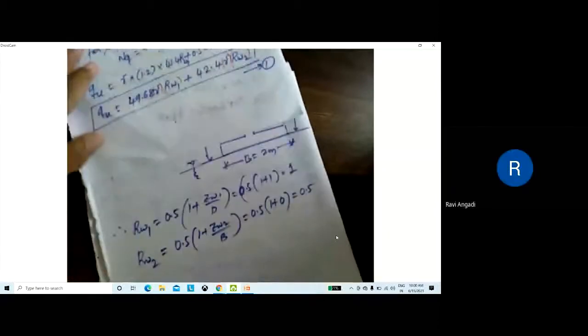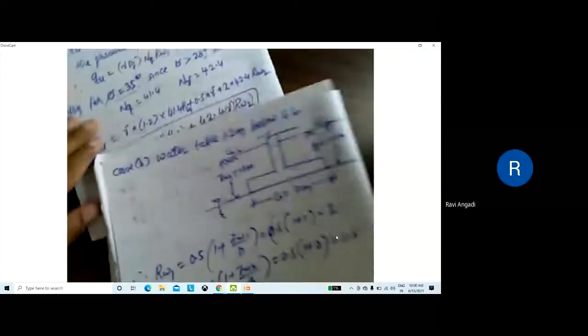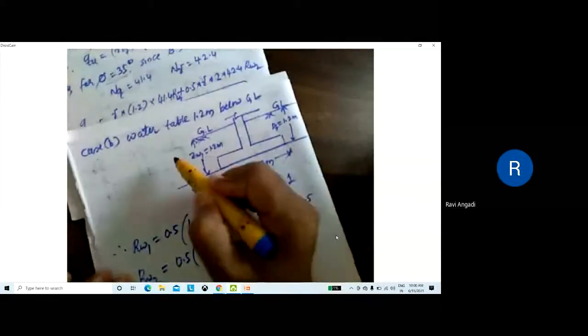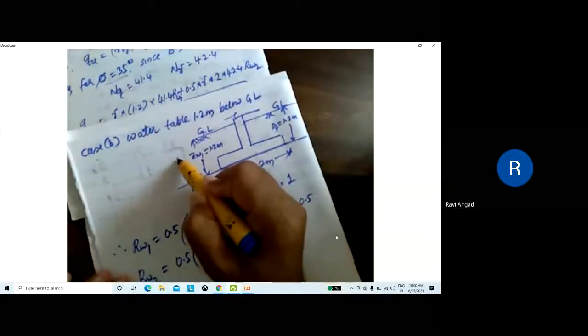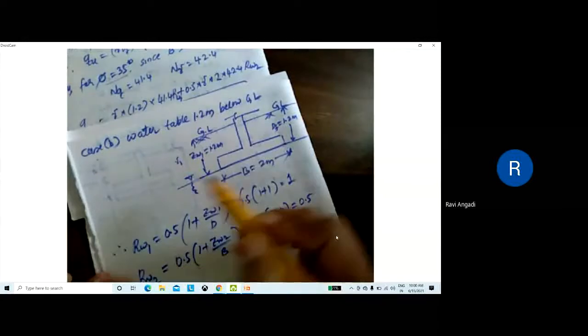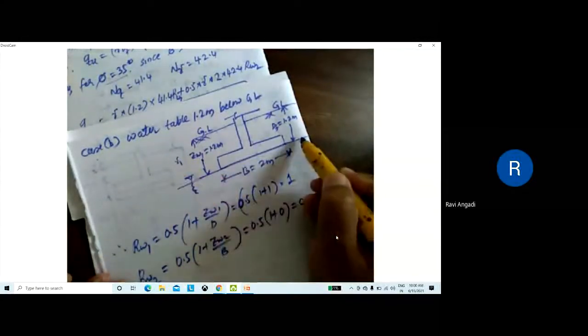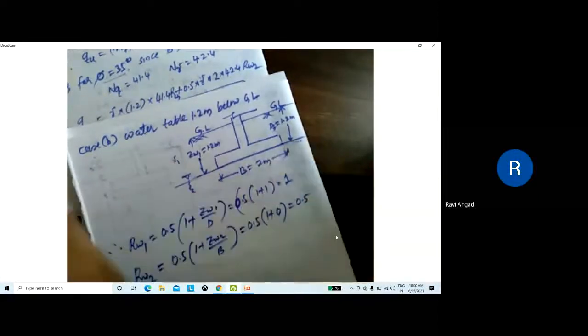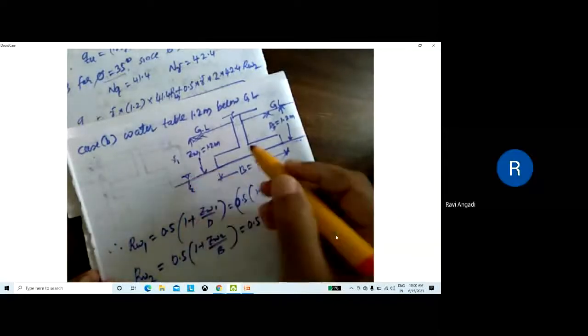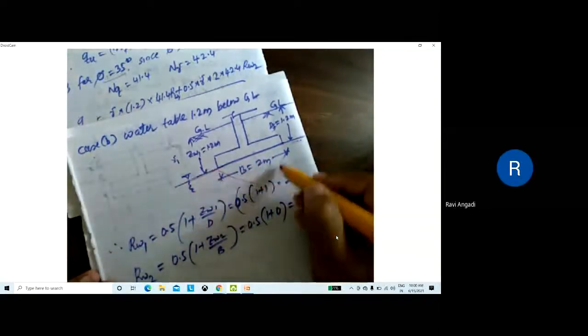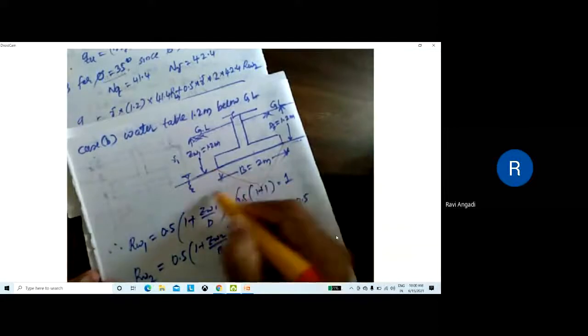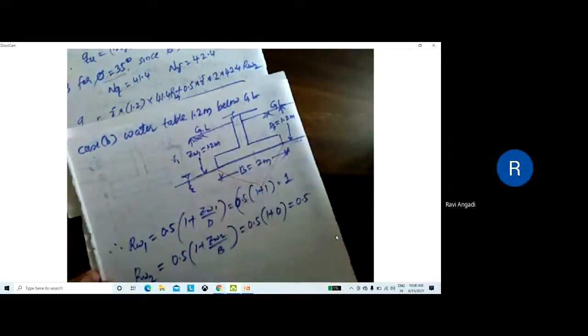So here you need to take two gammas. ಇಲ್ಲಿ ನೋಡ್ರಿ, I call this gamma 1. So where is the water table? At the base. Understood? Water table ಇಲ್ಲಿದೆ. Yes or no? Yes, sir. See, water table is here. Now, whatever soil is lying below the water table, is it saturated, meaning submerged weight? Yes or no?